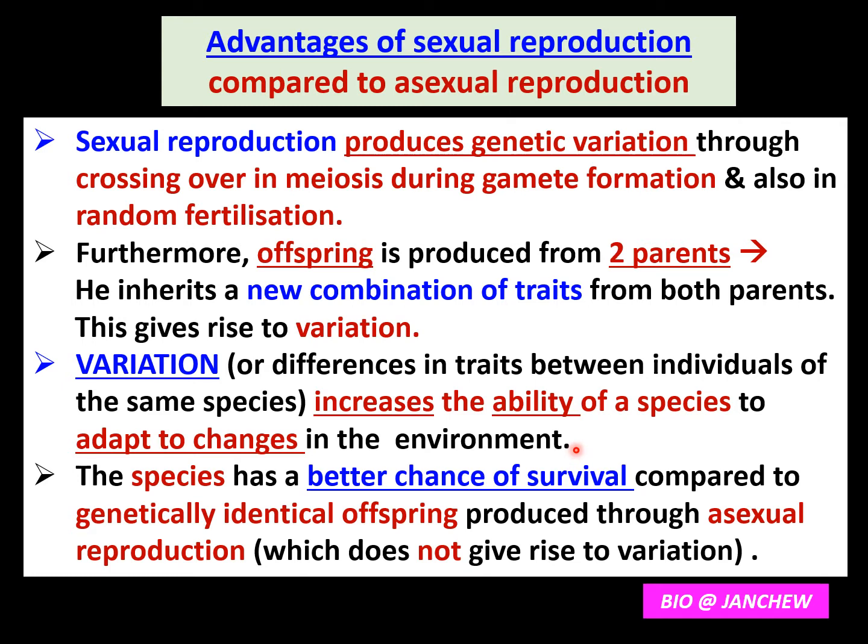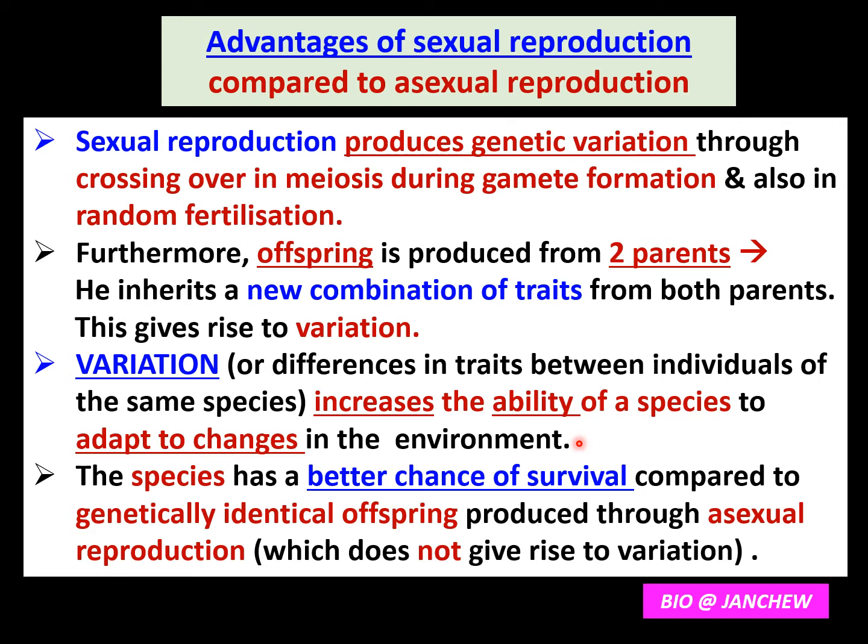So because of variation, even if there are changes in the environment, or if a new disease should occur, for example, like COVID-19, there will be some individuals in the group that are able to overcome the disease and have a better or stronger resistance to the disease compared to others, because they are genetically different. All right, so they have different resistance to diseases,